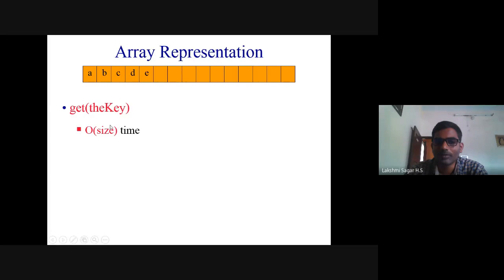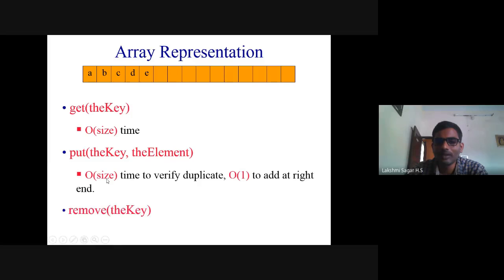Next, the operation happens in big O of size. Size is the size of the array. It takes this much time to perform the operation. Next, put means suppose you want to put the key and associated element into the dictionary, you can use the keyword put, and it takes big O of size time to verify duplicates, whether a duplicate key is present or not, and big O of 1 to add at the right end.